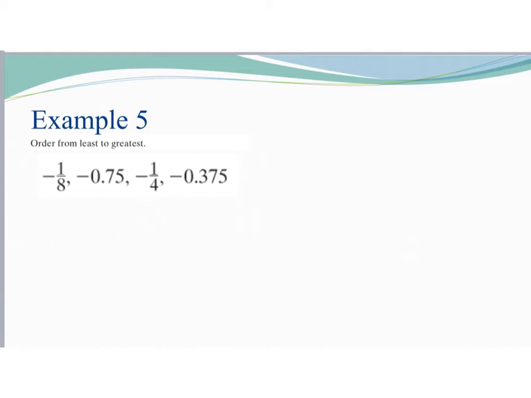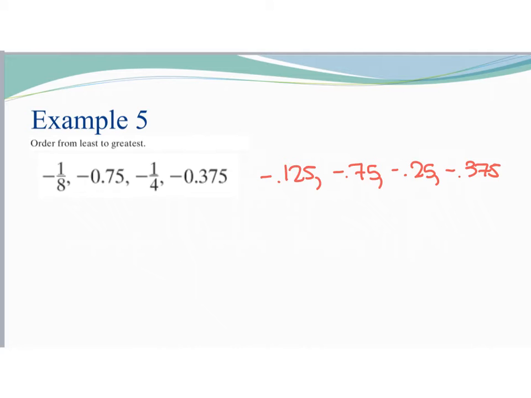Please take a quick second and try example number 5 on your own. Hopefully you rewrote your fractions as decimals. If you did, you should have a negative 0.125, a negative 0.75, a negative 0.25, and a negative 0.375. So to put these in order, again, I think about them in terms of being positive numbers, and that means